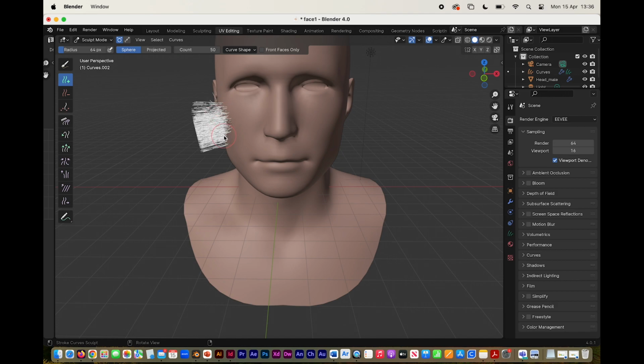If I do 50, look, that's tons more. So I'm going to undo that, go back to 5. Over on here is the curve. Now, there's the length and there's the points. How many points are on each strand of hair? So I'm going to show you what happens if I put 50 and I paint on,